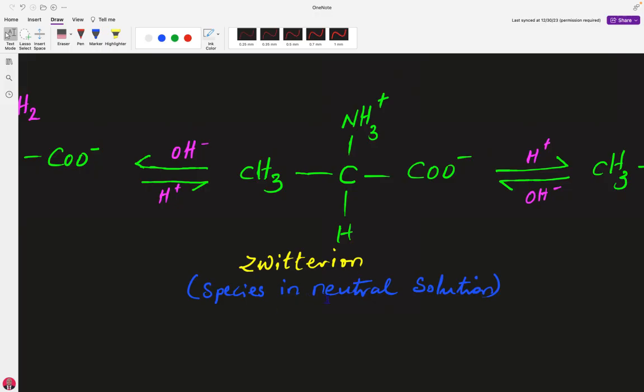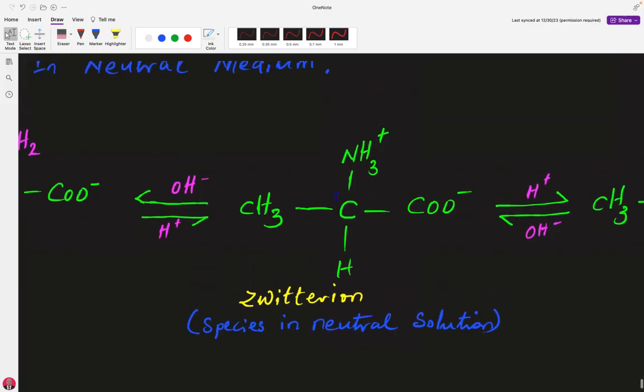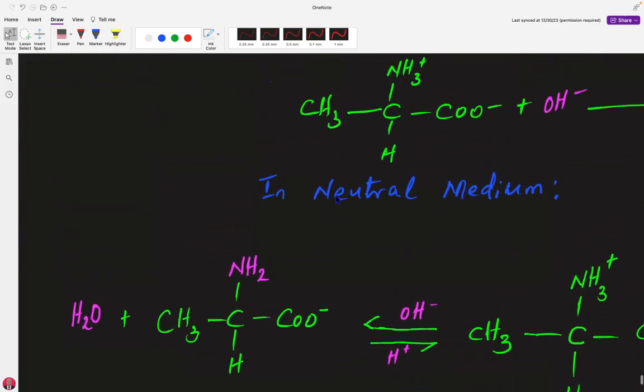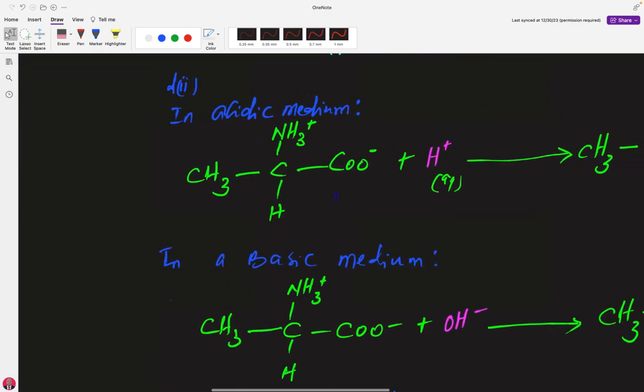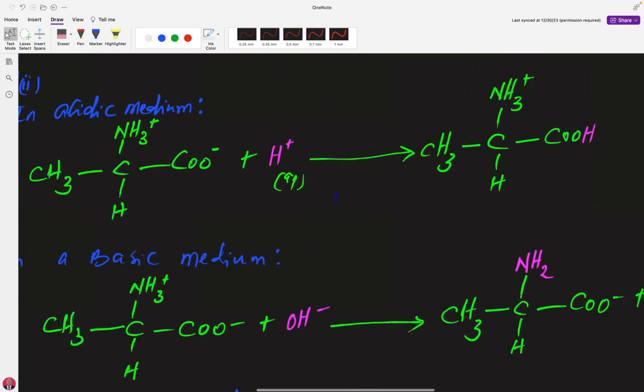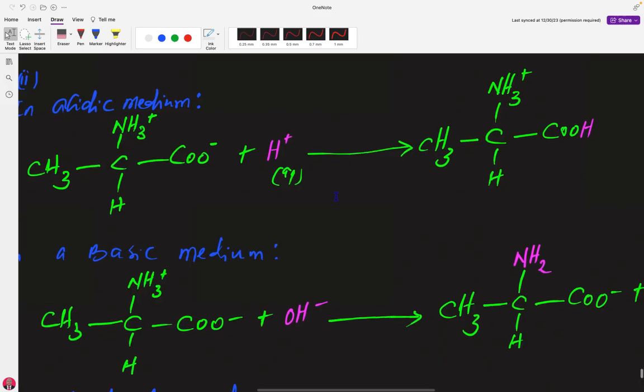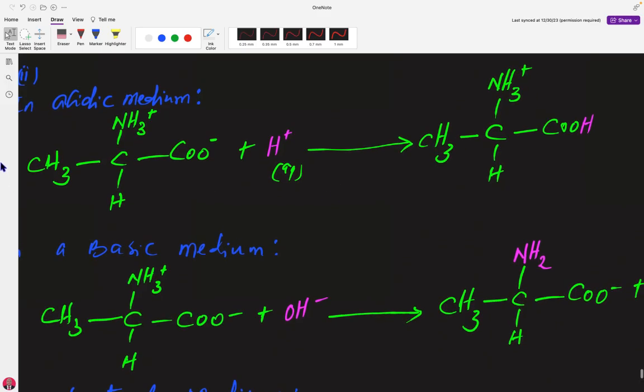It is the species in neutral solution. So now let's take this and see what happens. You have been asked to give only the structures. So now in acidic medium,